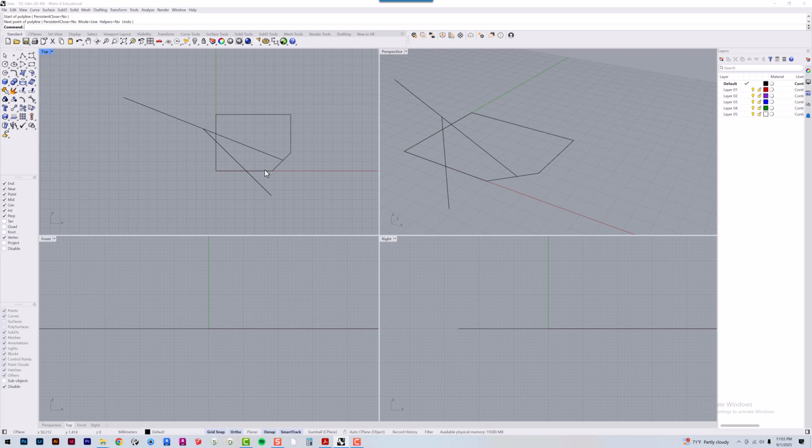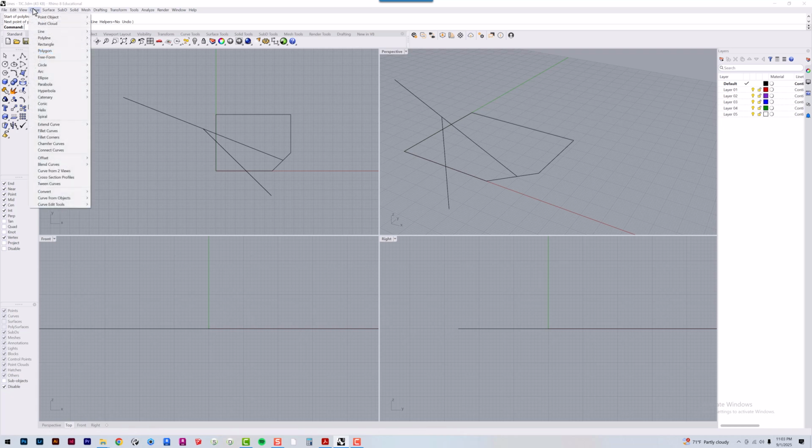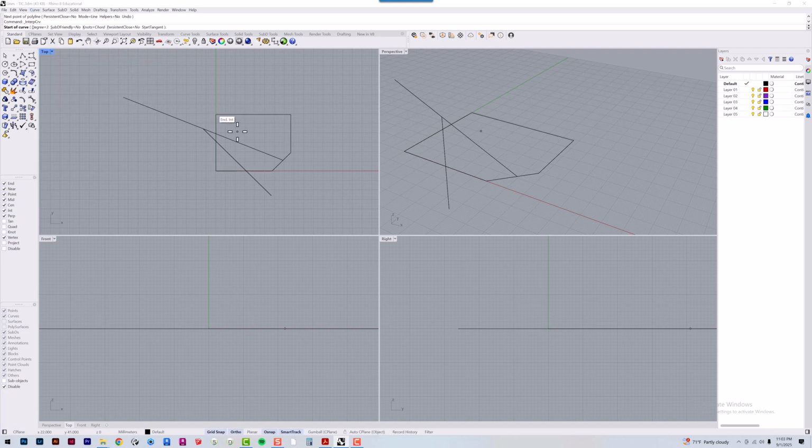Now let's learn how to draw some freeform curves. I'm going to draw some interpolated curves. So from the curve drop-down menu, I'm going to click on freeform, and we're going to click on interpolate points. I'm going to pick a start point,